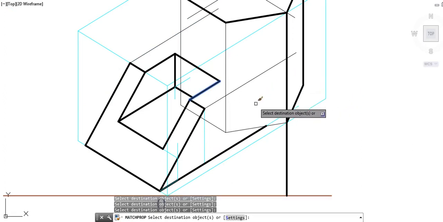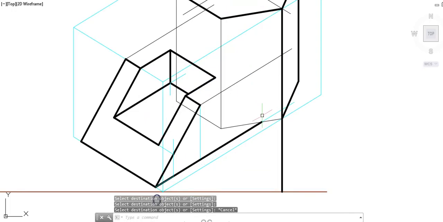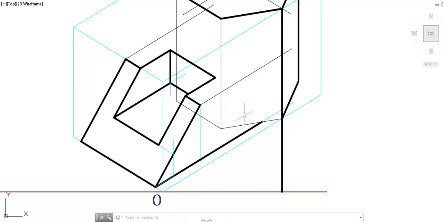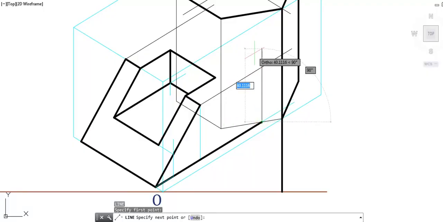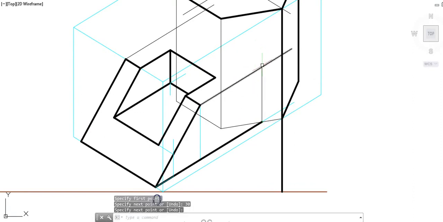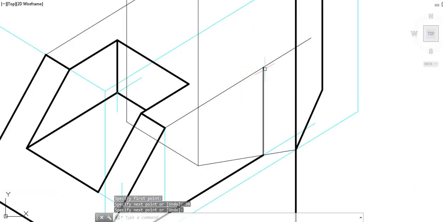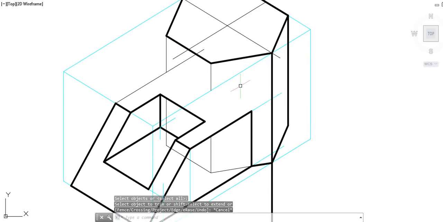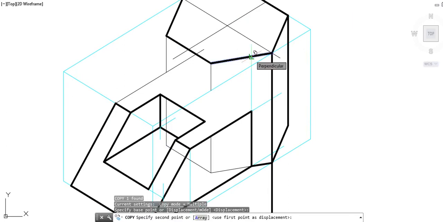Now we again know that there emerges a vertical line from the point where it touches the bottom. So there we can draw a line of height 30 mm which exactly connects with this point, and let us make the required lines thick. The next thing is, there will exist a parallel line segment, and we will draw it from this point.